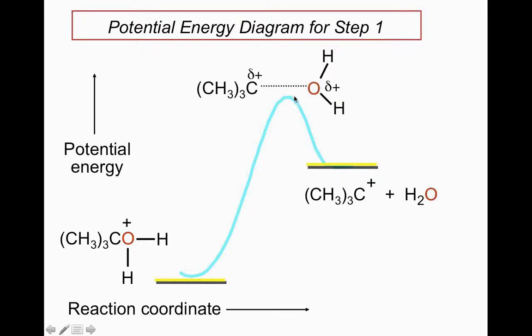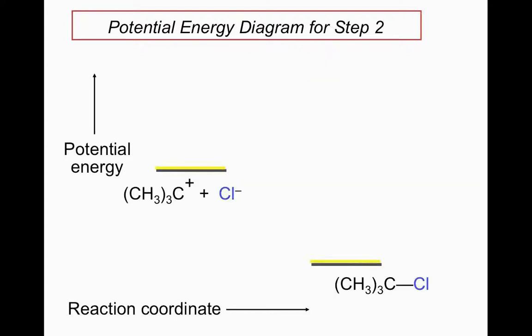Up top here, we have a second transition state, which includes only the dissociation of the carbon-oxygen bond as the carbocation forms. The final step of the reaction involves the collision of the chloride anion together with the carbocation to make the alkyl chloride final product. In this case, the alkyl chloride final product is much lower in energy than the intermediate carbocation due to the fact that we've eliminated the carbocation and we have filled octets around all of our atoms